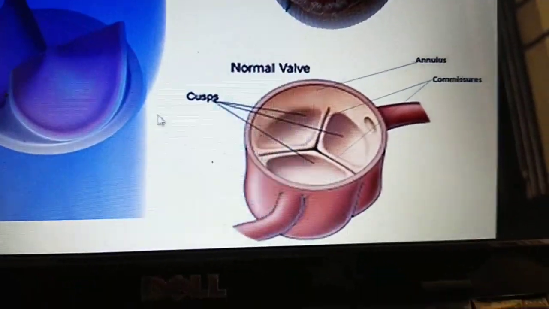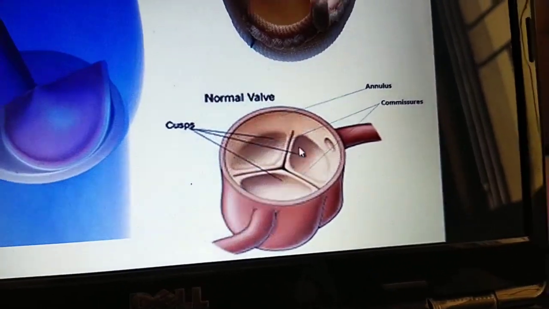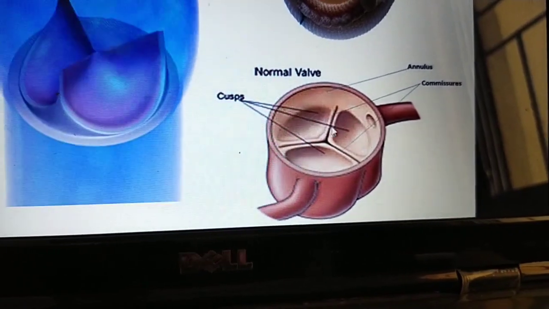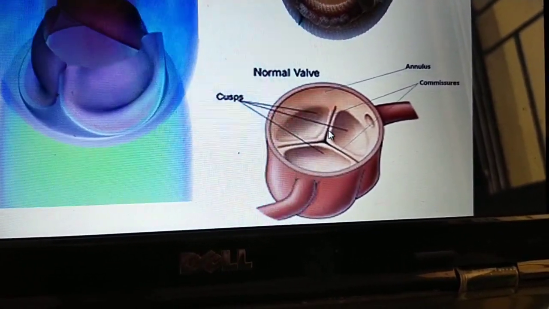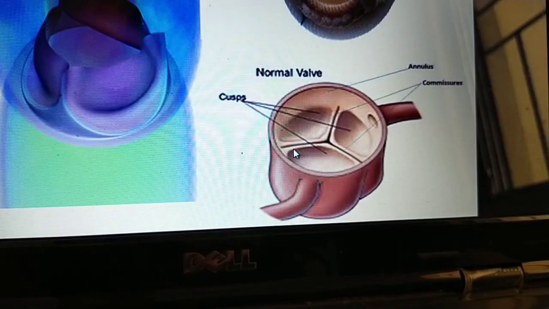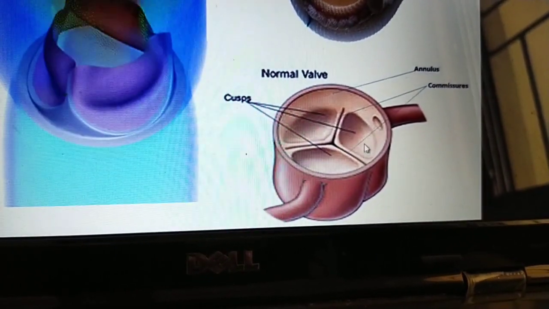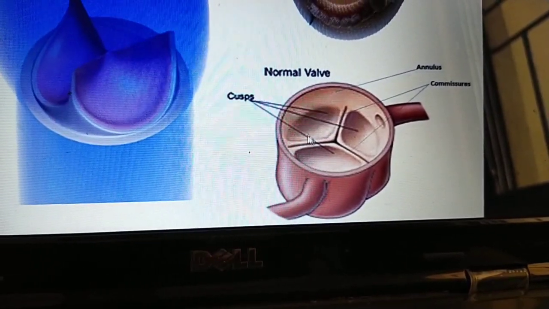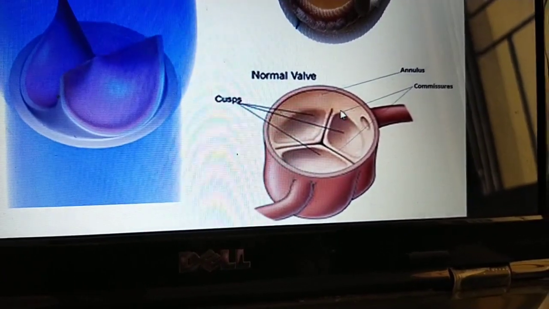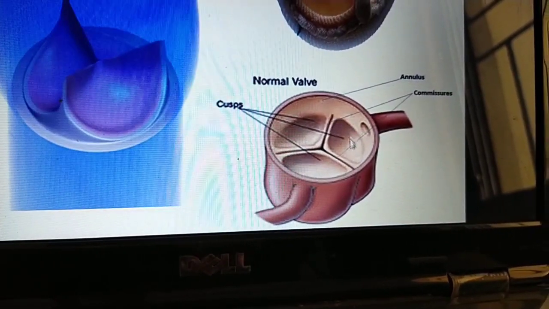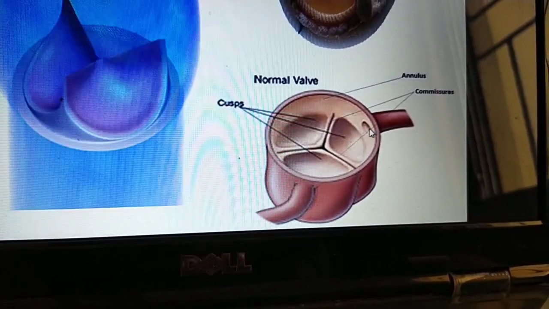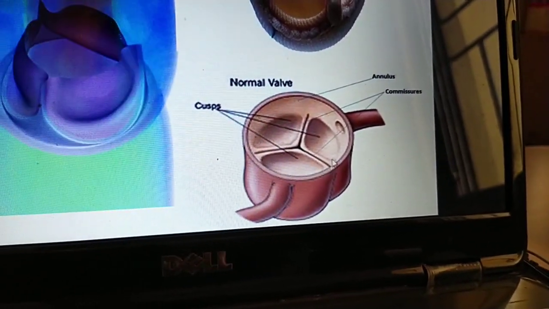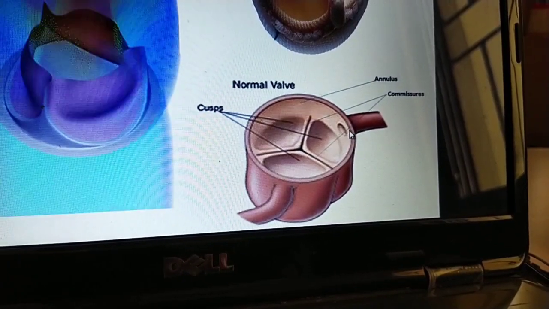You can see here this is the tricuspid valve, and this is also the aortic valve. This is the semilunar valve. It has 3 cusps. This is the concave surface. The pocket-like structures of the valve are called the cusps, and just above the cusps there are some dilatations, where two arteries open from the aorta. Those arteries are called the coronary arteries.